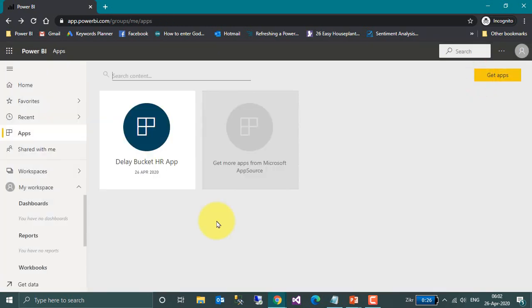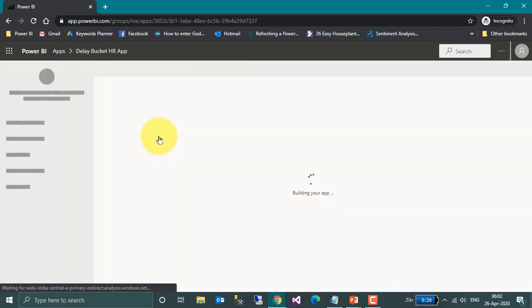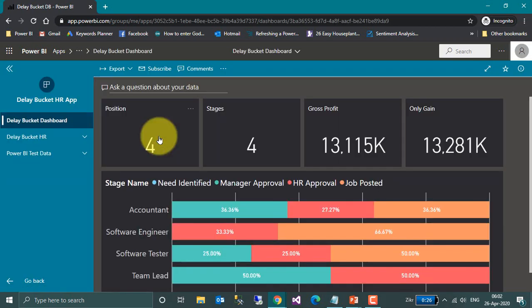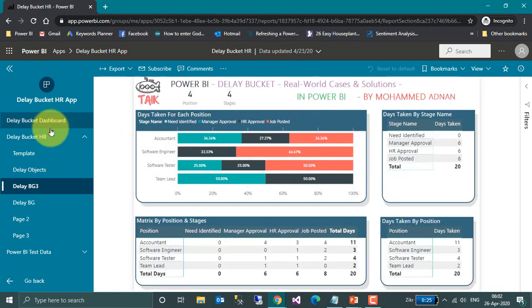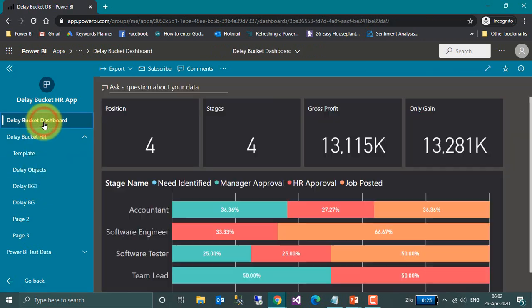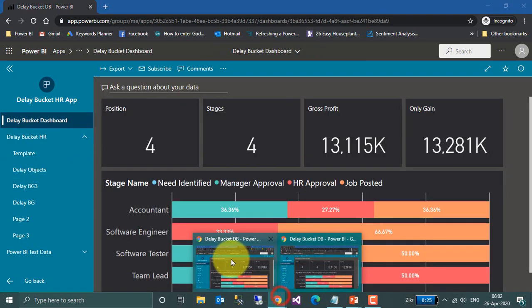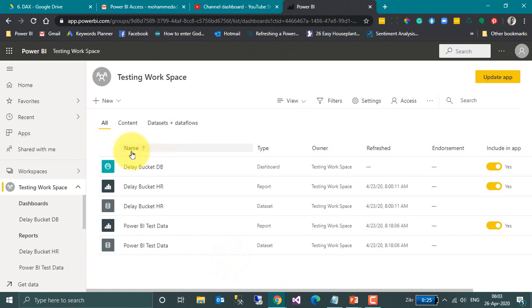So once this installs here, we just click on the app here. For them also it will look the same here. If I click on any of this icon, let's see if it goes to the report or not. So click here. Yeah, as we have given the rights to the reports as well, it is going to the reports as well here. Now going back to dashboard again, to the main user. This is my testing workspace now.